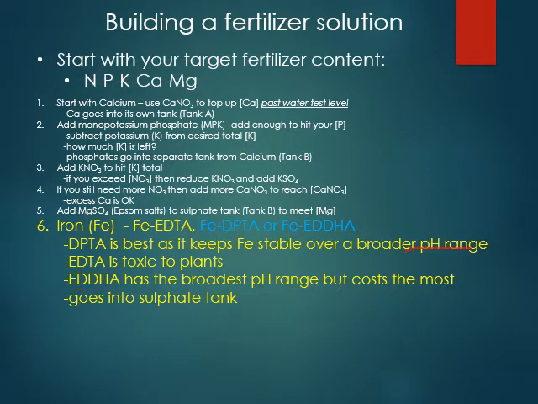And I mentioned this before, EDTA is toxic at certain levels. You have to watch that it doesn't start accumulating in your hydroponic tanks, because things might look fine for a while, then they start to go downhill. That's because as the plants are using the micronutrients, they're discarding the EDTA, and those EDTA levels are building up in your nutrient solution. So EDDHA is the best, DTPA is second best,